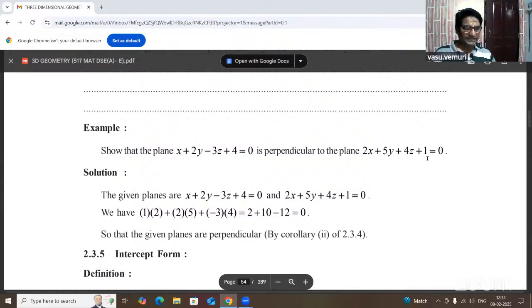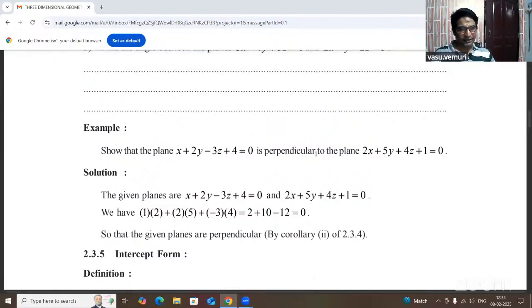Yes, x plus 2y minus 3z plus 4 equal to 0. That is the first plane. And the second plane is 2x plus 5y plus 4z plus 1 equal to 0. Now, what about the condition of perpendicularity of the planes? Yes, a1 a2 plus b1 b2 plus c1 c2 equal to 0,